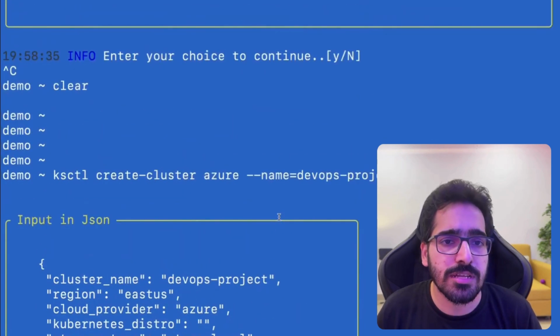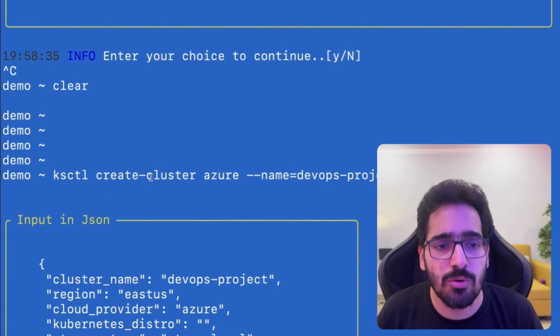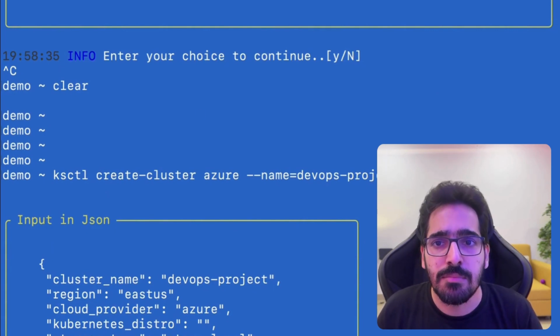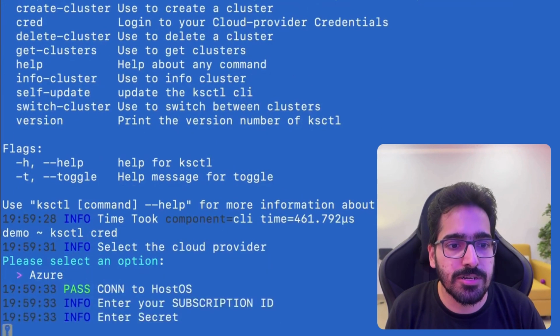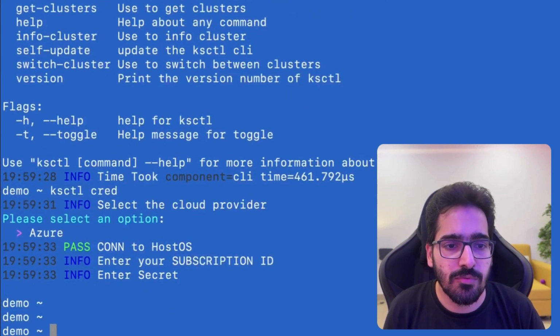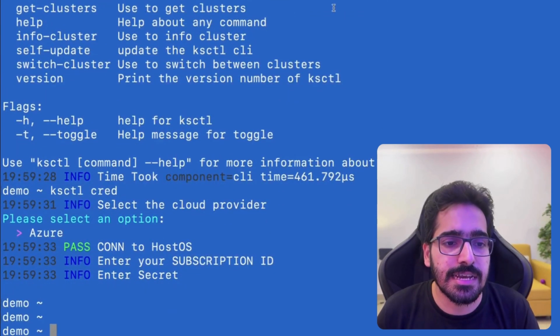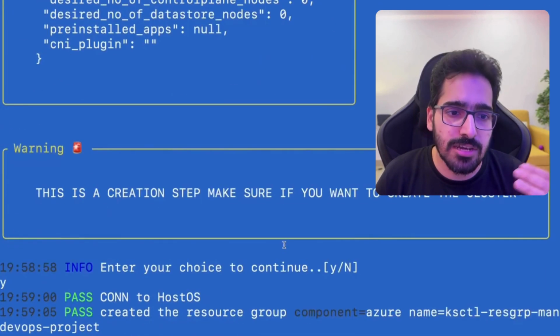And also there is a step where you can create credentials. So I already have the credentials stored as part of Ksctl, but you can do that with Ksctl cred. So you will be able to add the subscription ID and the secret. With this, you can add the credentials that the Ksctl CLI will be using in order to create and interact with the cloud provider